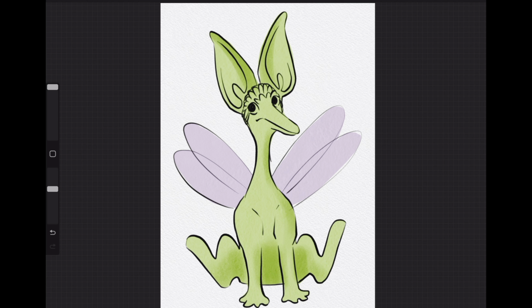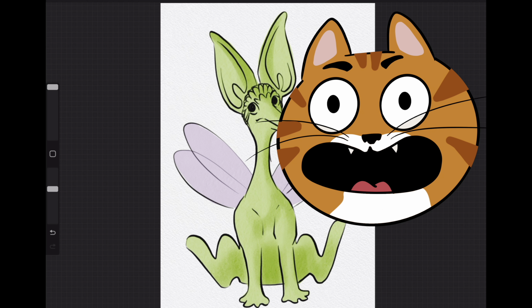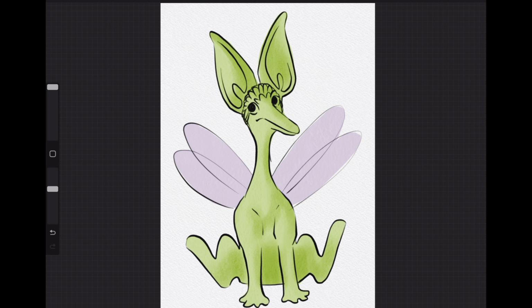That's my cat, y'all. He wants to be in here, and I'm just not going to let him in. So,